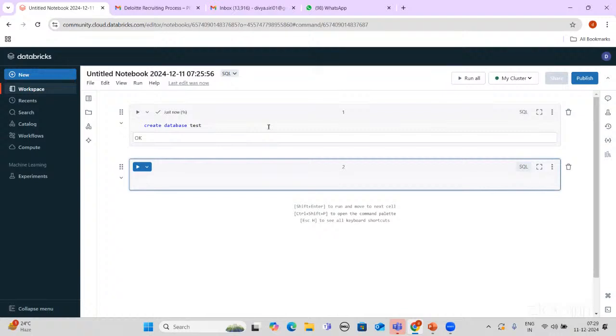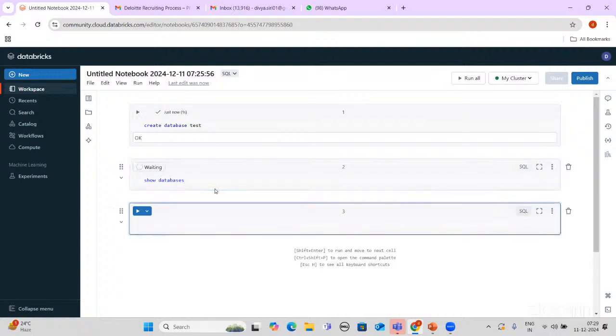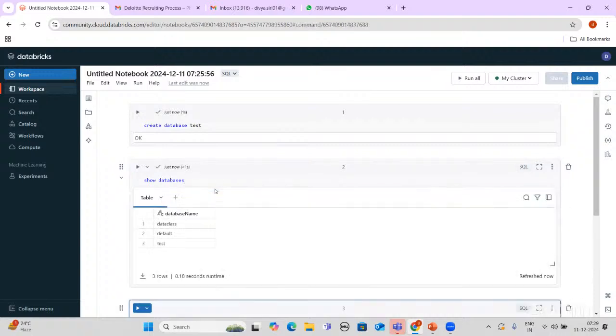So create database. I have created it. I'm asking to show databases, whether it will show our database or not. Whatever databases you have, default, and I have created just before, data class test. So once the cluster is on for you, you write create database test, and then you have two options